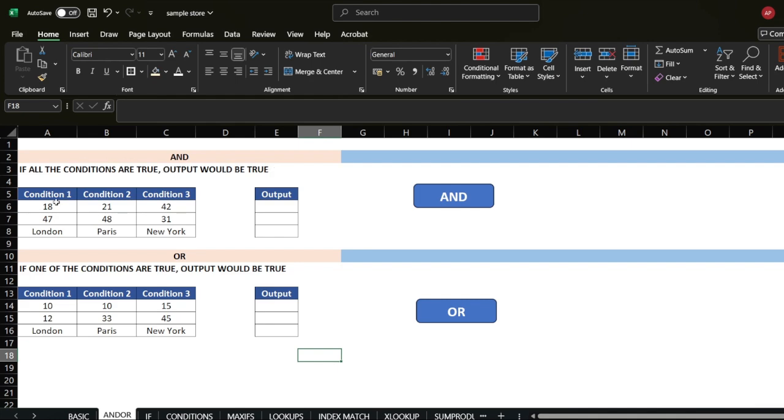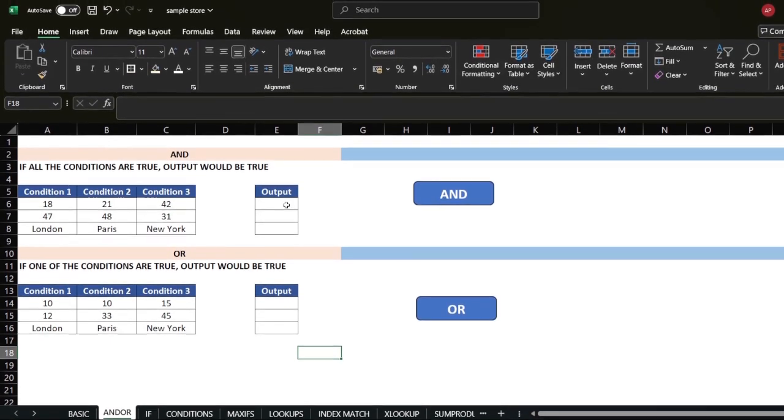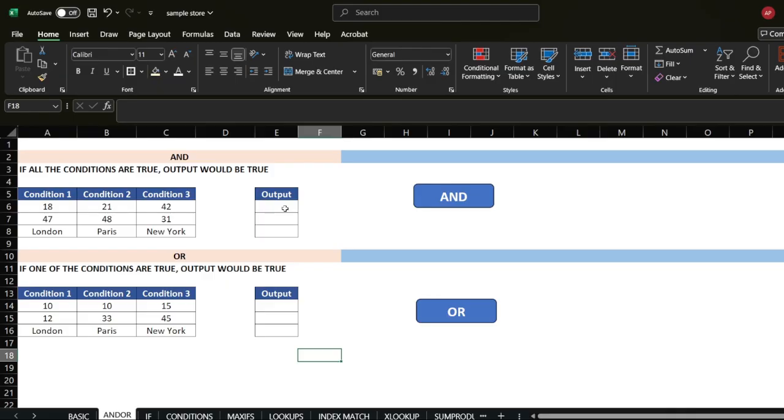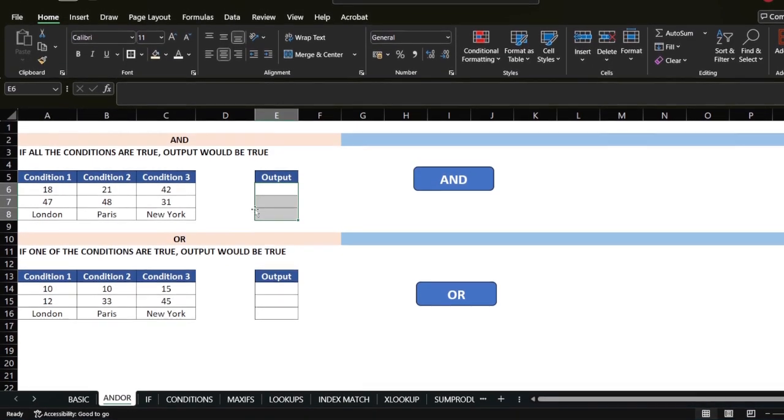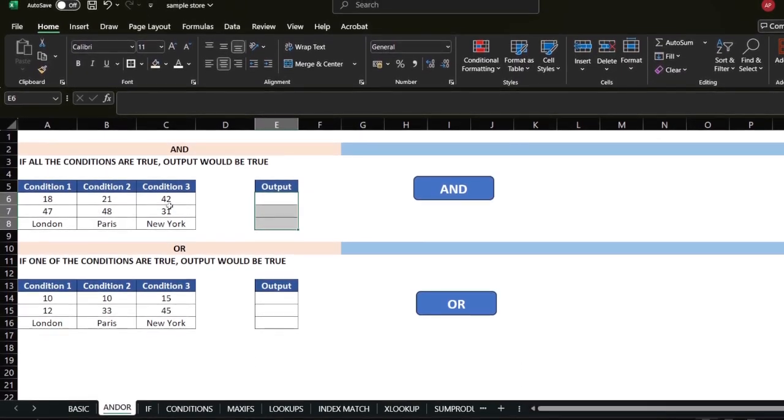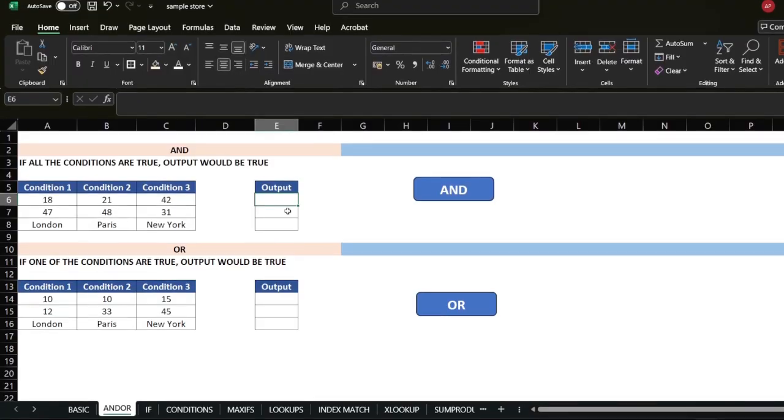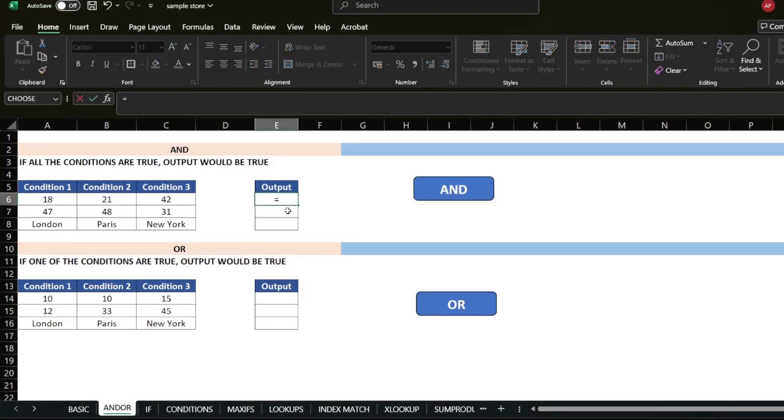Suppose over here I have three conditions, I have certain numbers, and I want an output over here. This output will be generated as true when all my internal conditions are true. So let's see how an AND function in Excel works. To do this, we'll type